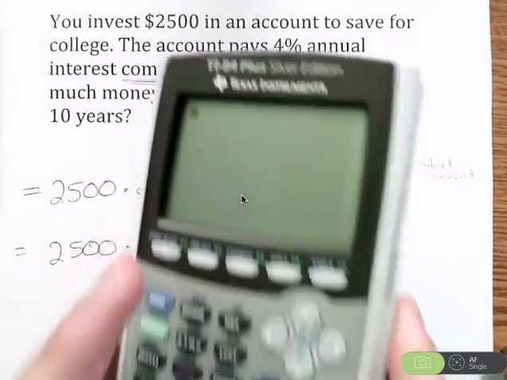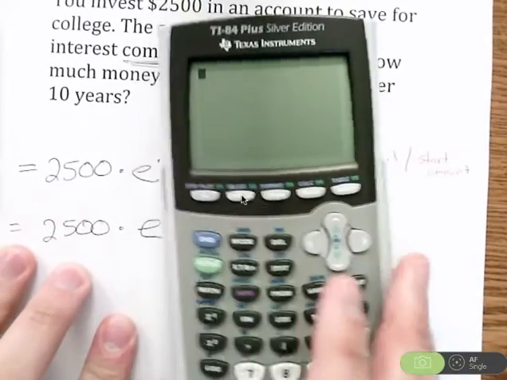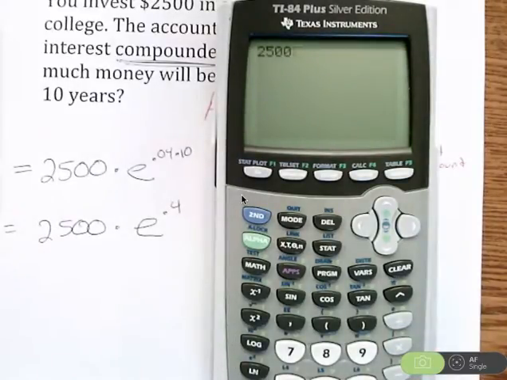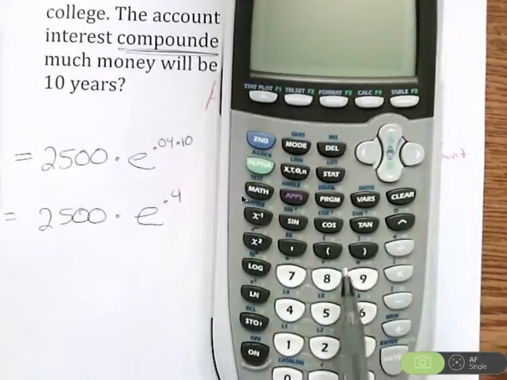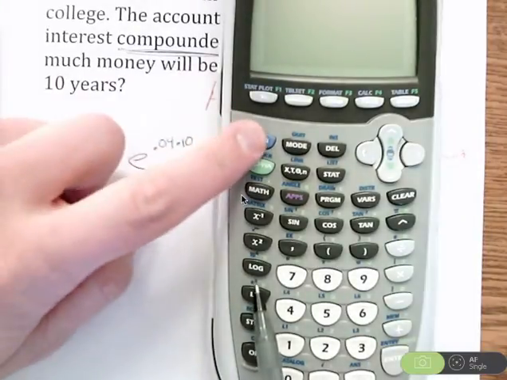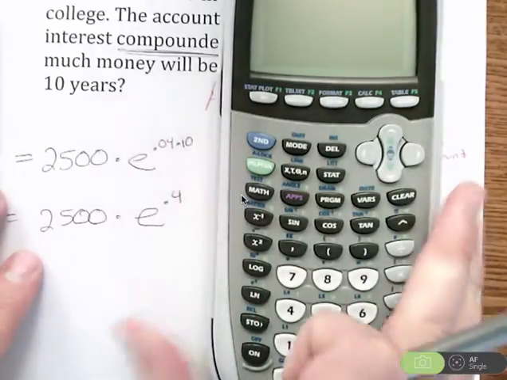Going to my calculator, we're going to type in that 2,500. The e part is a little bit difficult to find. It's actually near the numbers, by the 7 and the 4. It's hard to see on camera, but you're going to see it in the blue writing on my calculator. It says e to the x there. Since I want e to an exponent, I need that. For the blue text, I hit the second button, then this button, and you'll notice I get